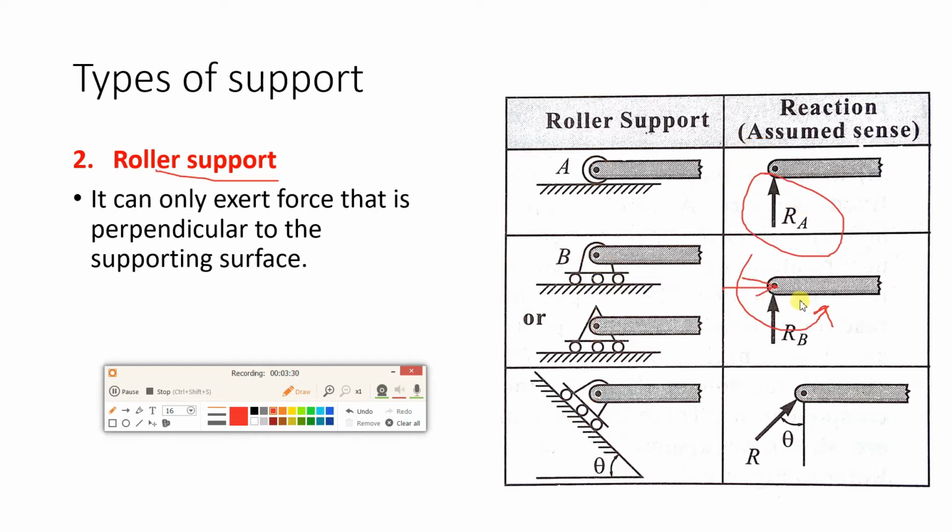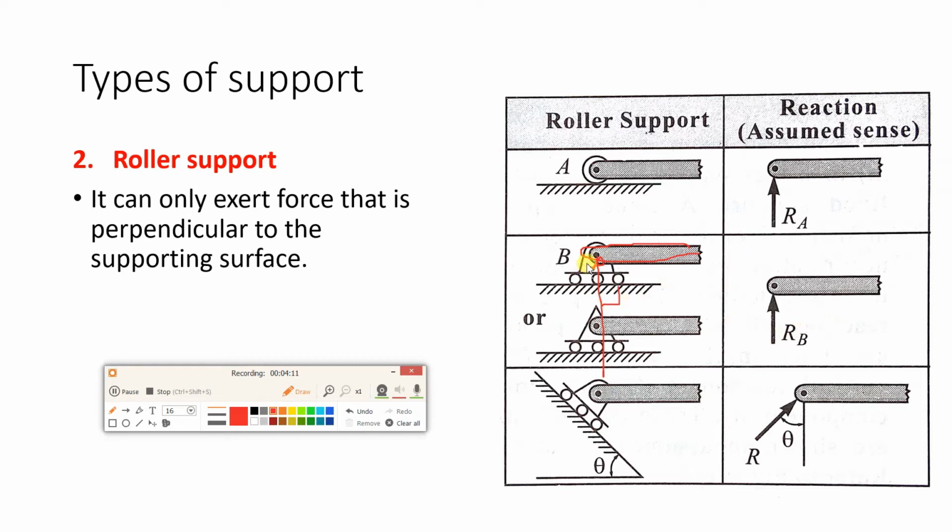Why is this? I am giving you the reason now. The reaction I have shown over here is in the vertical direction only, and it is perpendicular to the supporting surface. It's not like I have written it over here just because it should be perpendicular. There is some background for this. What is the background? If you see this rod, it is free to rotate about point B. So this rod can rotate, so basically there is no restriction in rotation. That is why we don't have a moment in that direction.